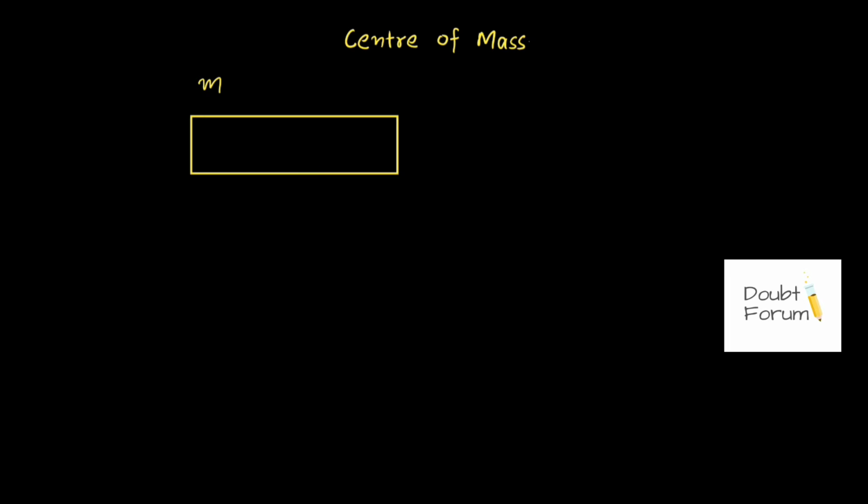Center of mass is a point where we can assume, suppose this is the point where we can assume that this entire mass m is concentrated. This will become more clear if we consider a point object and the mass of this point object is m, which is equal to the mass of this rectangle. Now consider the application of a force F. If we apply force F on this point object, what will happen? This point object will start accelerating in the direction of this force, and the magnitude of that acceleration would be F upon m from Newton's second law.